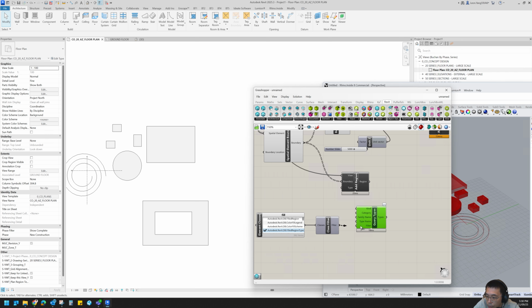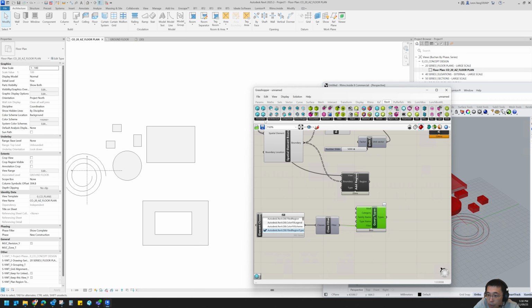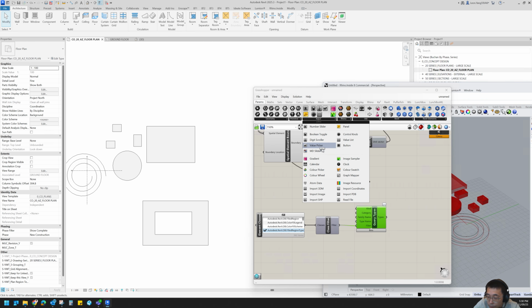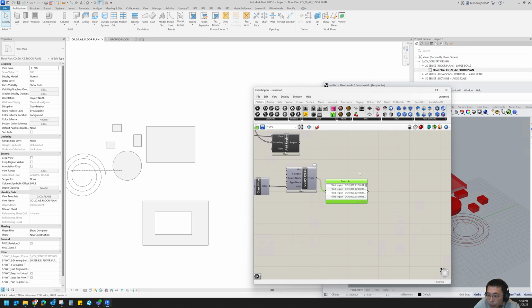We plug in the filter here and see we have all these types of fill region, and then we can use a value picker to pick the type of the fill region they want to use for all these fill regions. Plug in here,